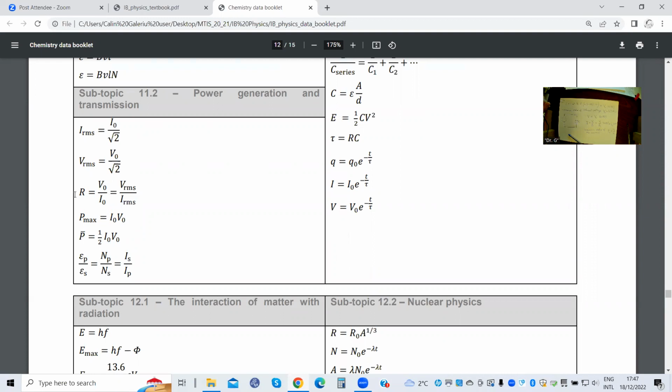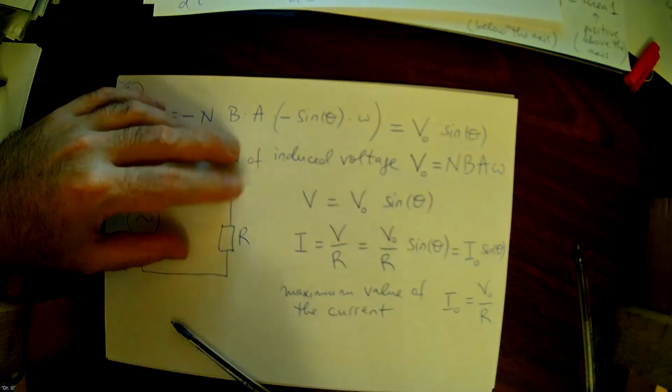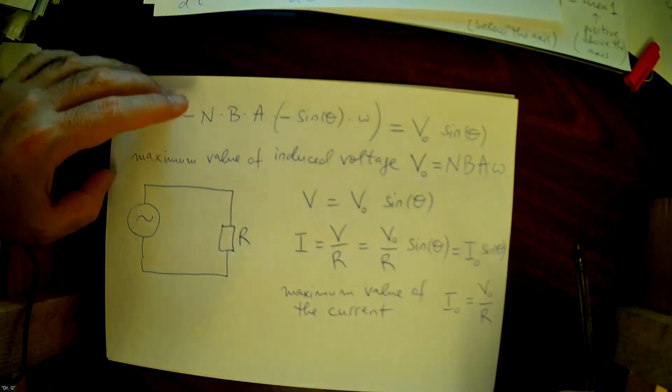And see this equation, R is equal to V0 over I0. This is Ohm's law. This is exactly what we have written. Okay, but now the question is,